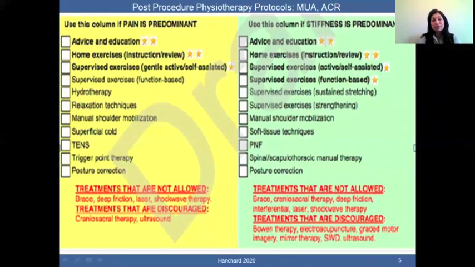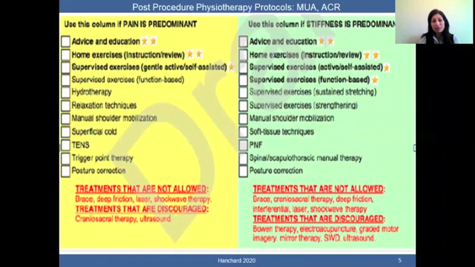I have taken this information directly from Hancher et al.'s paper, which was published last year. As you can see, in the pain predominant phase, as well as in the stiffness predominant phase, it's important to give advice and education, as well as a home exercise program, to our patients. In the pain predominant phase, the emphasis is on doing gentle movement within the pain range, and in the stiffness